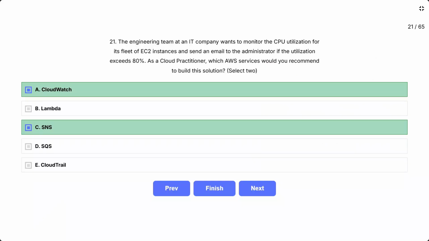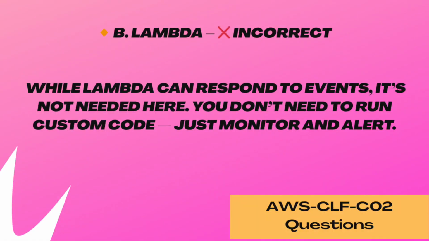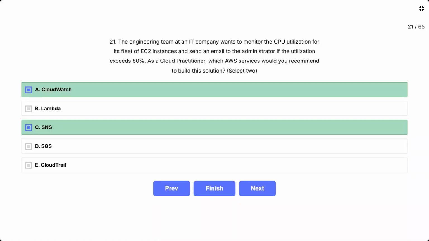Now we will look at why the other options are not suitable. That is Lambda. While Lambda can respond to events, it's not needed here. You don't need to run custom code, just monitor and alert. Next option we have SQS, that is Simple Queue Service.